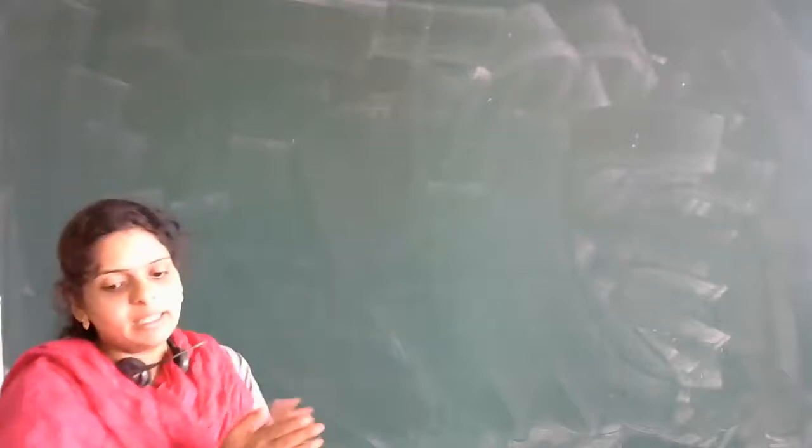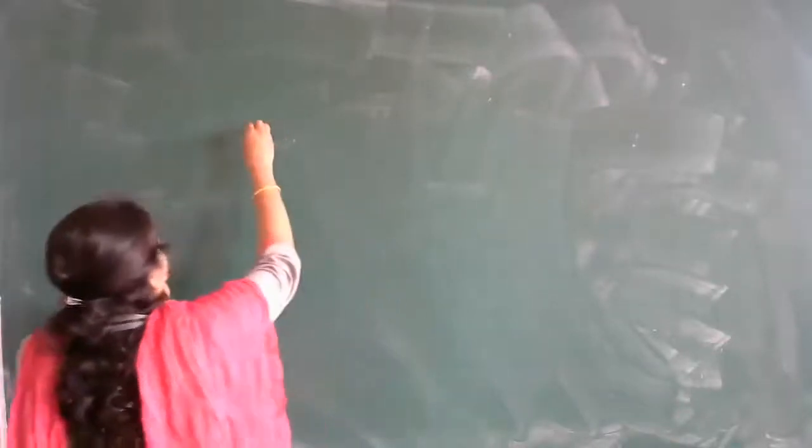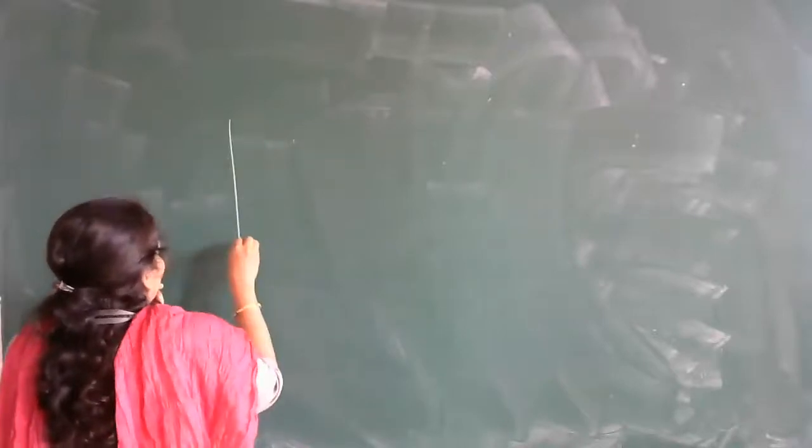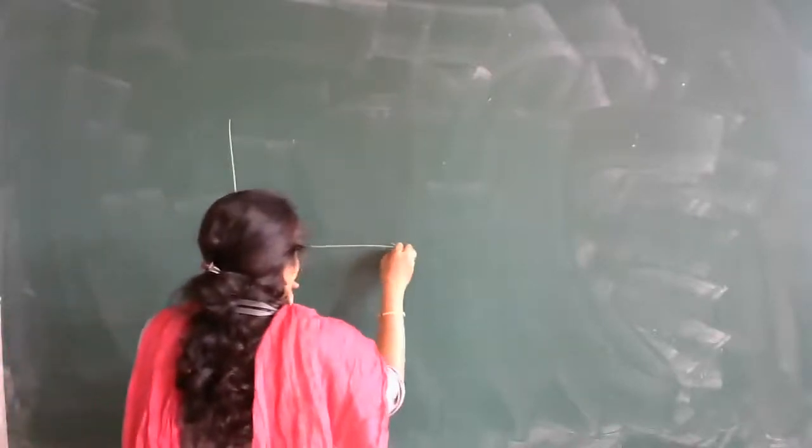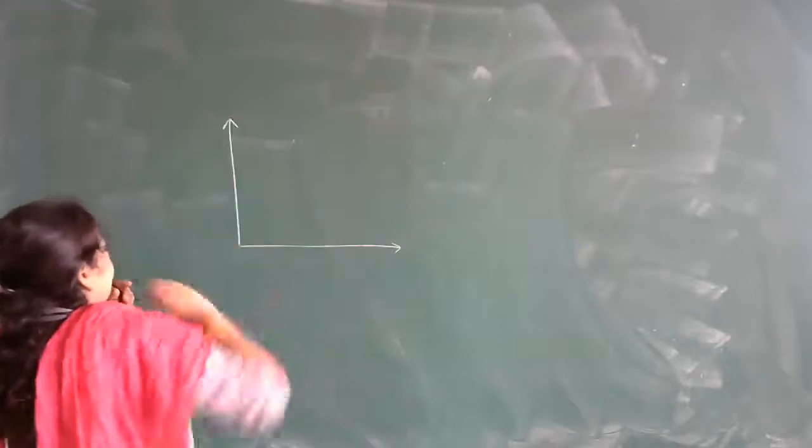So to derive the kinematic equations, we have the vt graph. We are considering the vt graph. So let us draw the vt graph here. For all the three derivations the nature of the graph is the same.